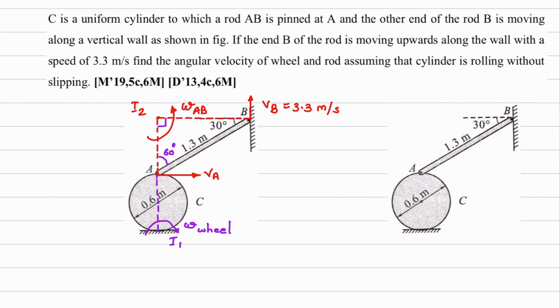How? Keep your thumb over here, keep your index finger over here. What is the total distance? I1A. And what is the diameter given over here? 0.6 meter. So VA is equal to I1A, which is 0.6 meter, into omega. VA is known from the previous step, I1A is given in the question. So we can find the magnitude of this omega of wheel. So we will start solving this numerical.